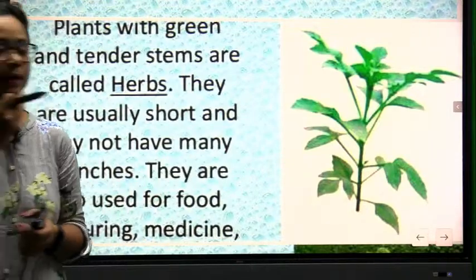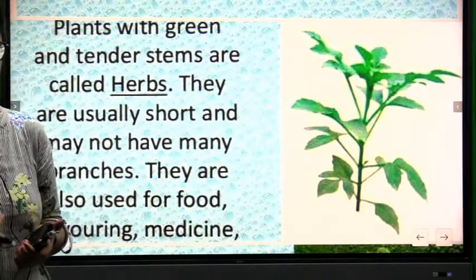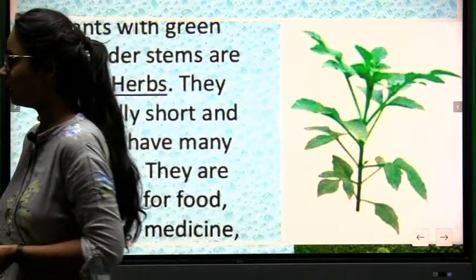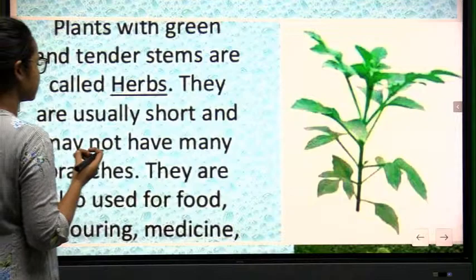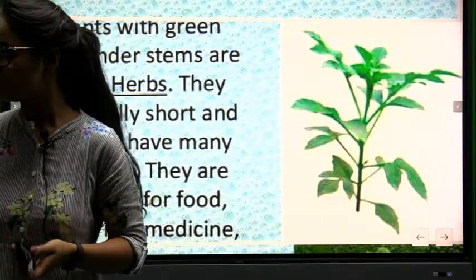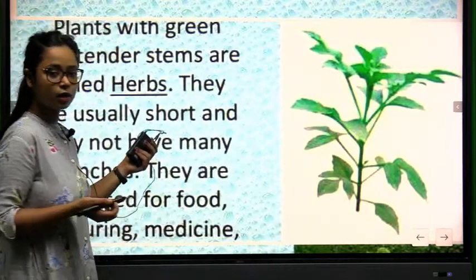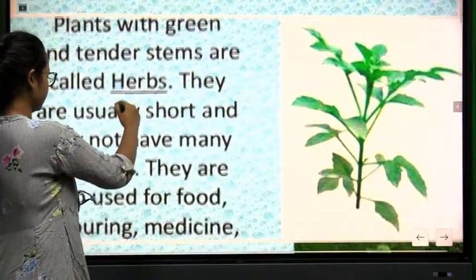Herbs are basically very short plants which are used for medicinal purposes, and for eating as well. So they are the smallest kind of plants, the very short plants having very soft, tender stems, and they are called herbs. This is a category of plant. Okay, this is a type of plant. Next is